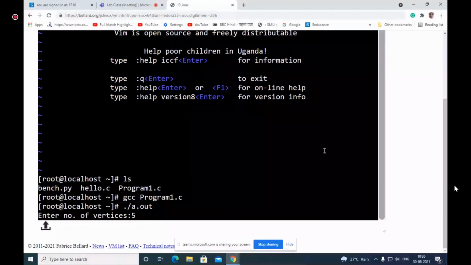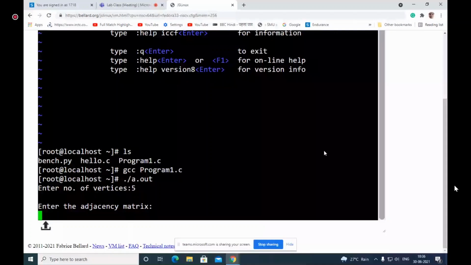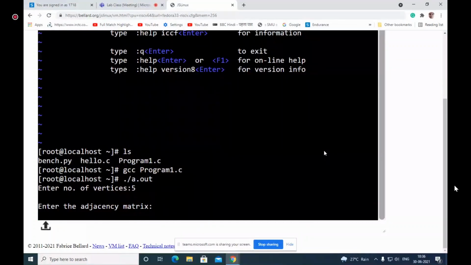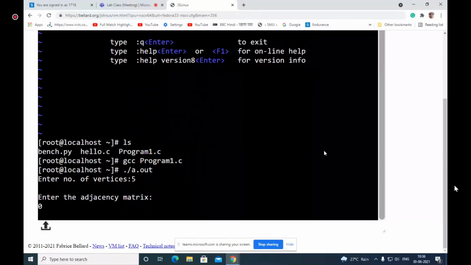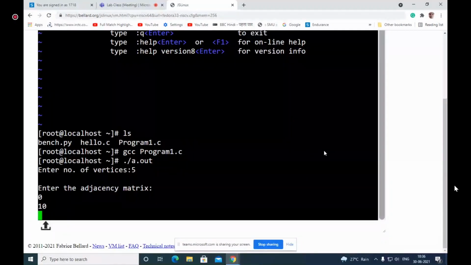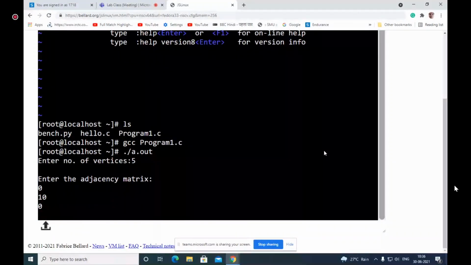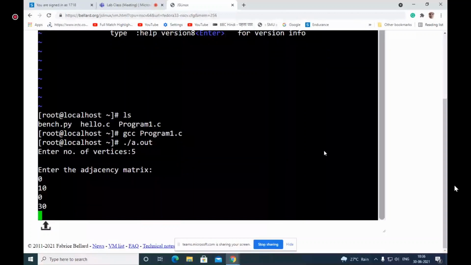For the first row, 0 to 0: the cost to reach from 0 to 0 is 0, so I am writing 0. 0 to 1, if you remember my graph, the length is 10, so I entered 10. 0 to 2, there is no connection, so I am entering 0. 0 to 3, the path is 30, so I am entering 30. 0 to 4, the path length is 100, so I am entering 100.